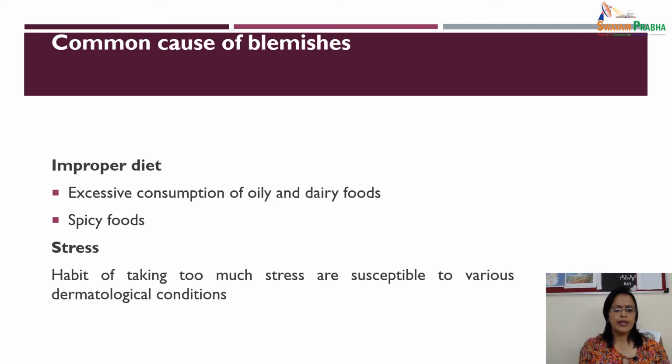And improper diet and stress is another cause which results in blemishes. Excessive consumption of oily and dairy products is commonly suspected to trigger or worsen acne. Stress: people who lead a stressful life and are in the habit of taking too much stress are more susceptible towards these